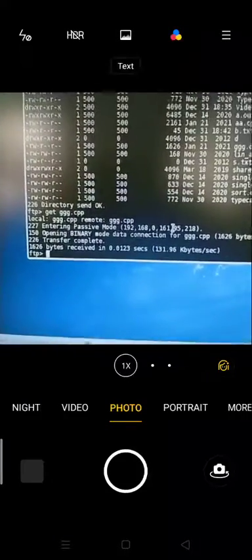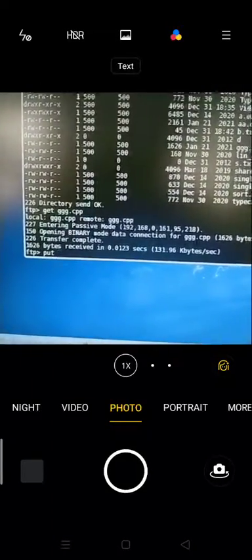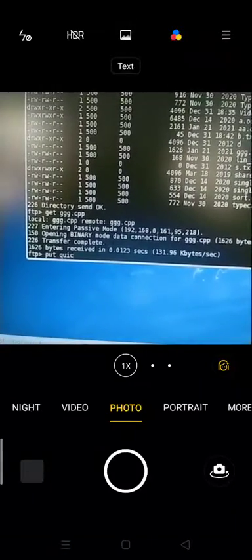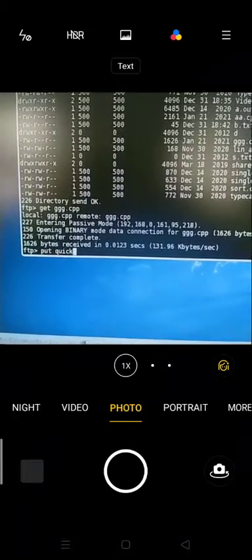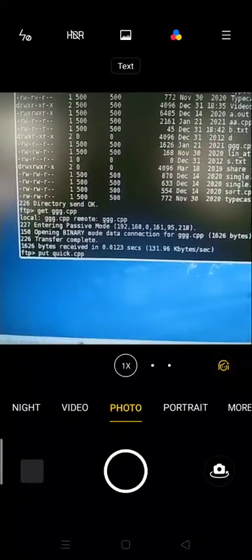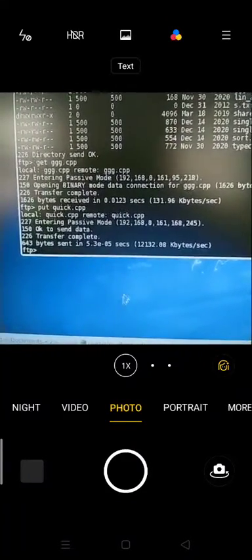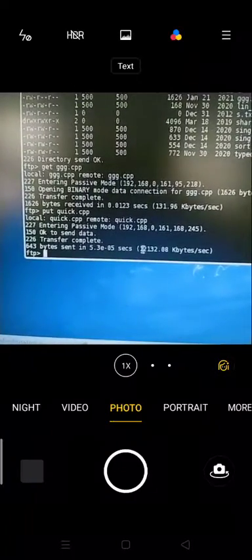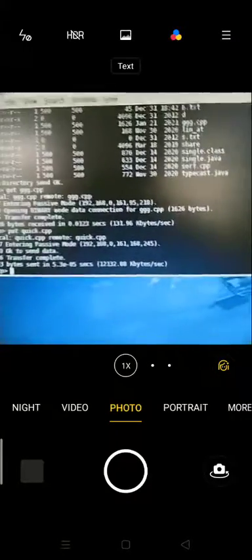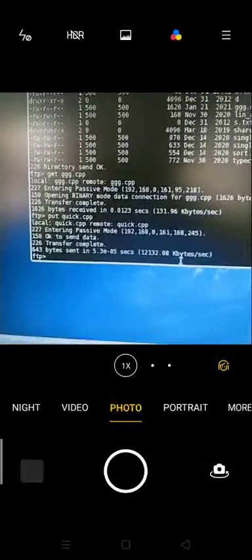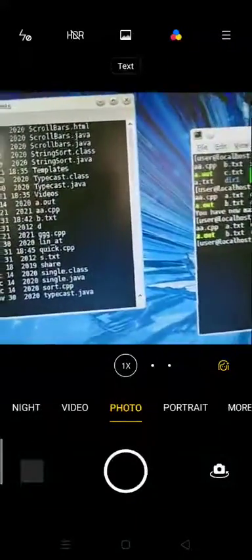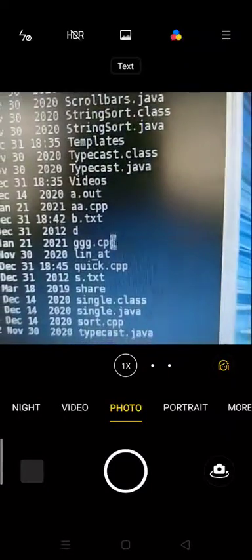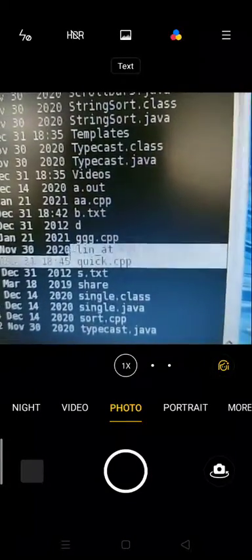So just type the put command, put quick.cpp. Now you can see the transfer complete message. That means this file went from the client to the server. Now just type the ls command. Now you can see that quick.cpp has reached the server system.